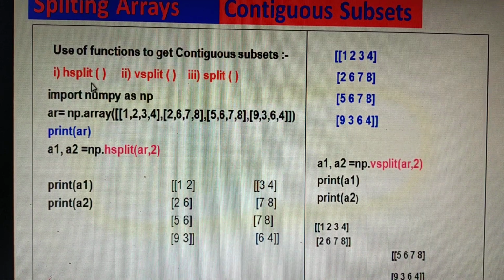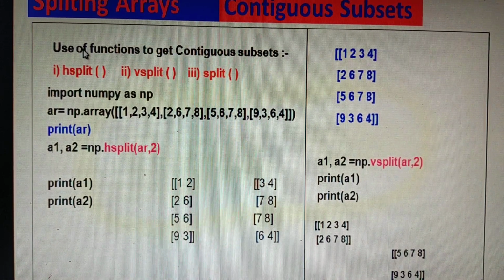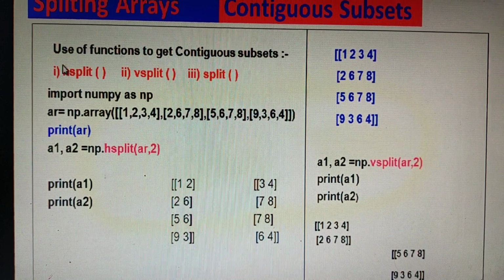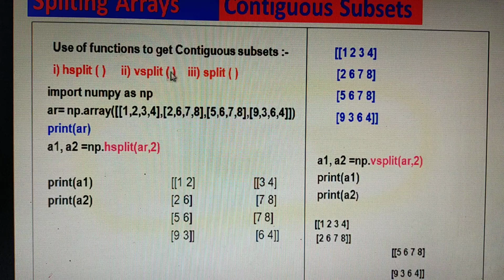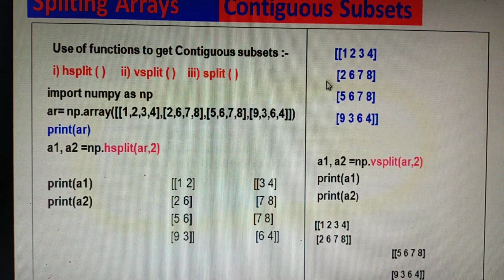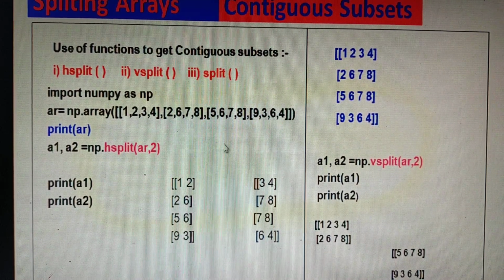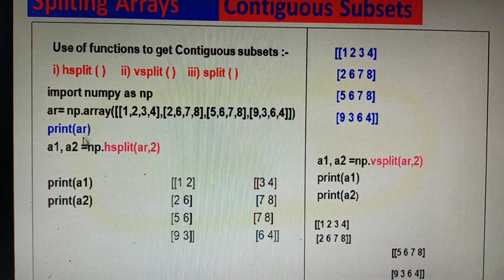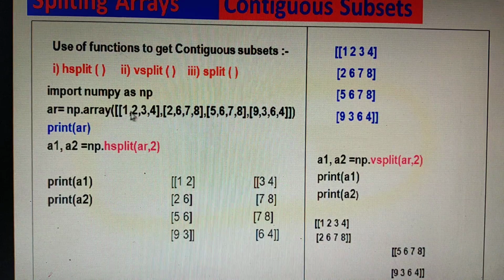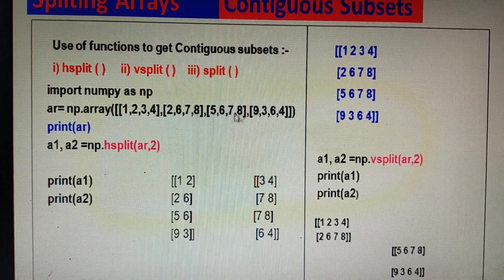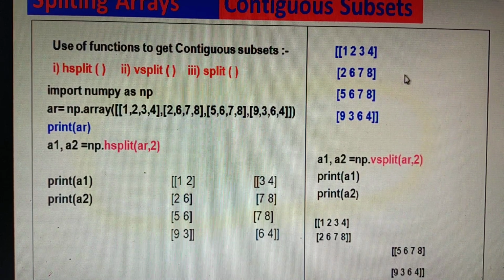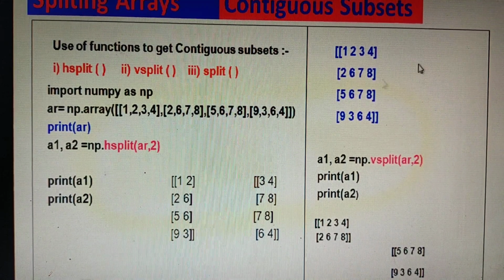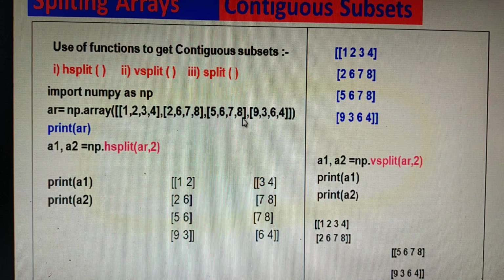Here we will use three functions for splitting an array: hsplit, vsplit and split. hsplit splits horizontally, vsplit splits an array vertically, and split works on the basis of a condition. Let us see how hsplit works. This is one 2D array containing 4 rows. Here print AR prints the array, so you get this output.